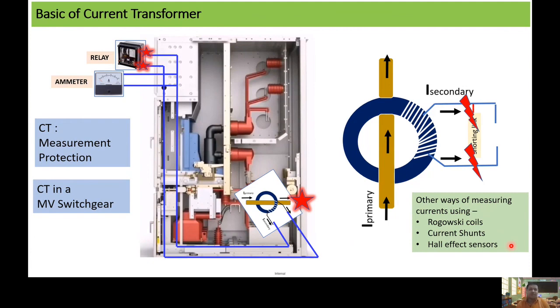Before I close the presentation, I would like to tell you that whatever I have shared is the basics of current transformers, and there are a variety of transformers with different classes and different frequencies. So this is the basic. I would say this is just the starting part of the current transformer. This is not the expert level. So if you want to learn more, you need to put some hard work into exploring this subject more through different mediums.